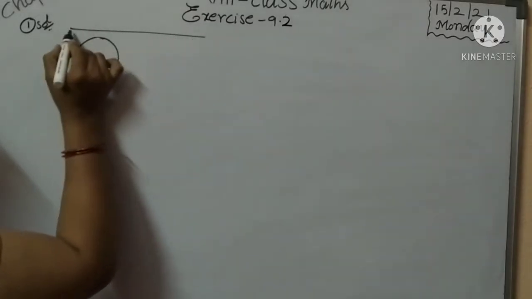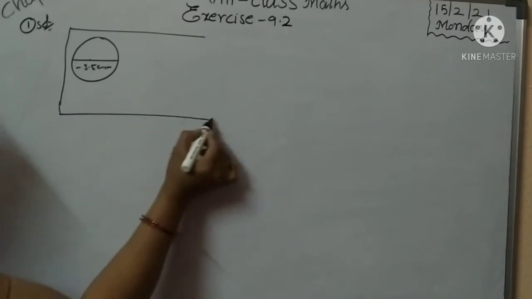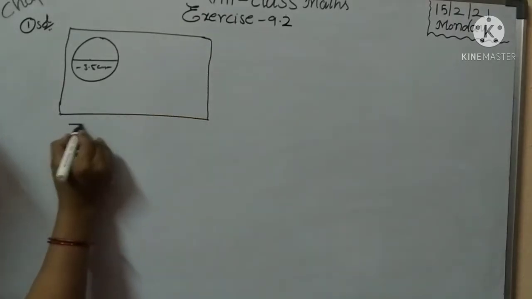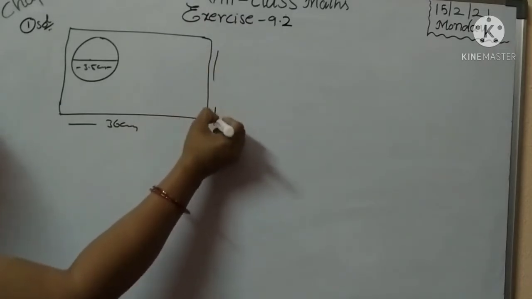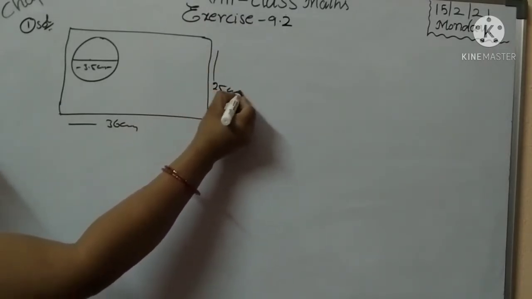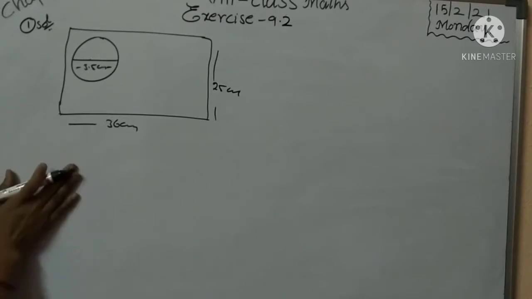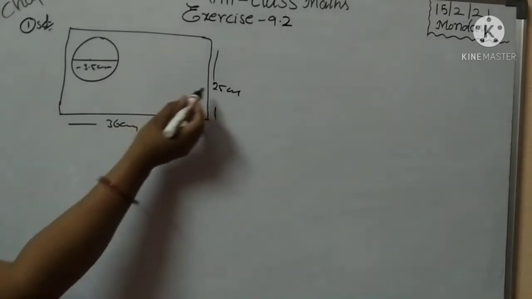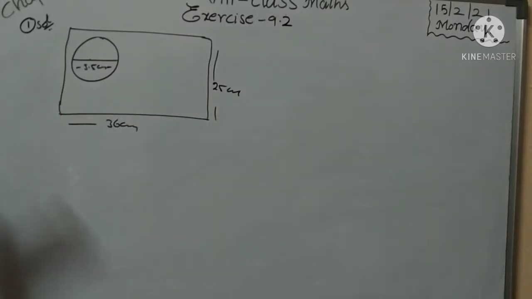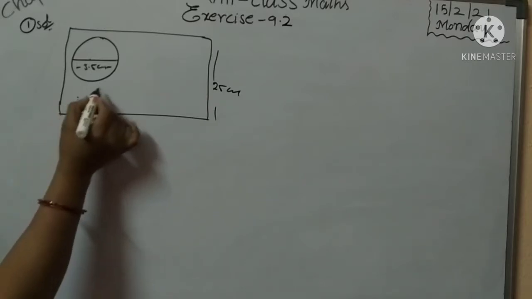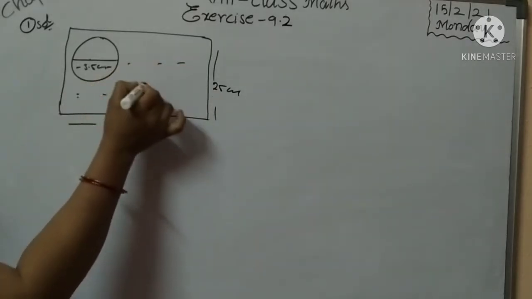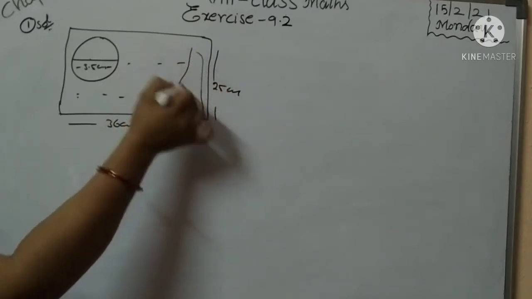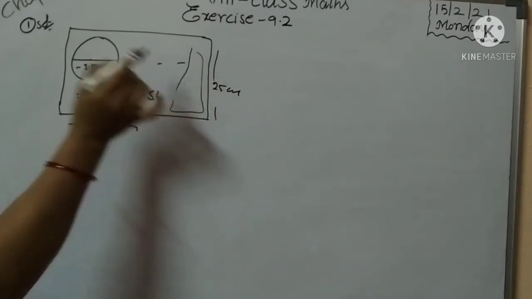We know that it is an acrylic sheet, 36 centimeters and 25 centimeters. The sheet shape is rectangular because according to the problem, two different dimensions are given, so we have to take the rectangular shape. In the rectangular shape, how many circular buttons are there? 56 buttons are there, and the remaining place is empty.